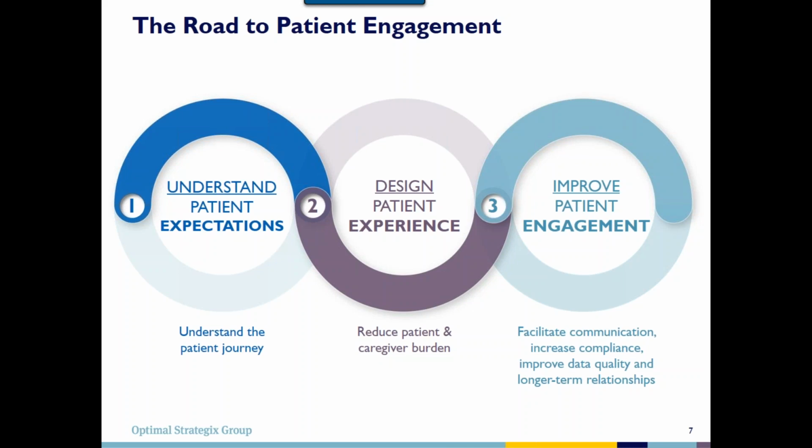Okay, very interesting. I wanted to reference as well, I know it's been said about the 3 E's, and I know later in the discussion we might come back to those 3 areas. So for the audience, maybe just to think about those 3 A's in terms of the road to patient engagement. Just before we go in and tell you a little bit more about some of the new